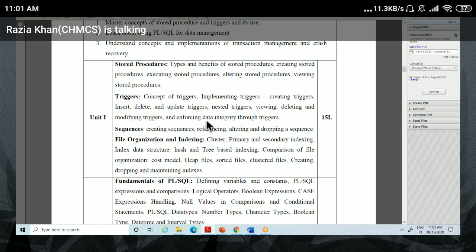The function is not mentioned in your syllabus, but I'll explain it because in one practical you have to create some function. Next are triggers, sequence, and file indexing. One practical depends on the trigger, and one practical depends on the sequence. So just check the stored procedure.